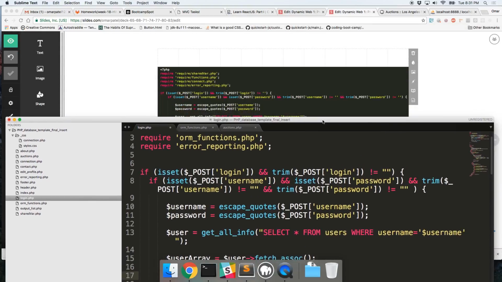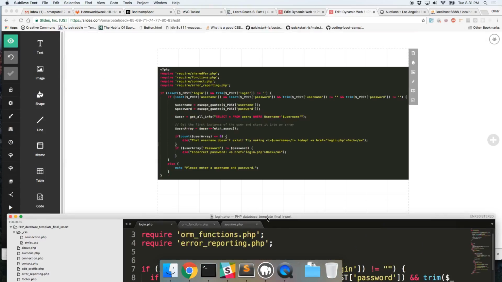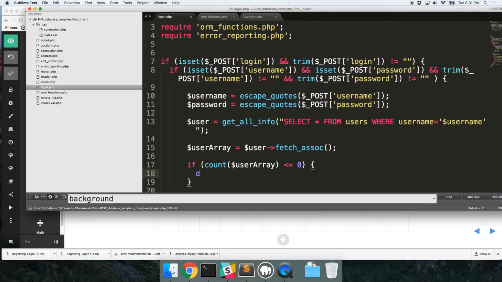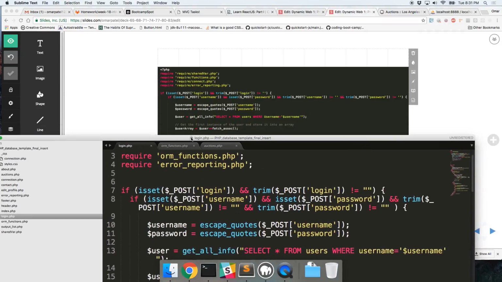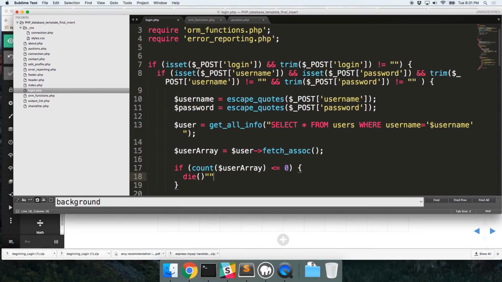So if the array length is less than or equal to 0, then we're going to kill this instance, and we're going to put,